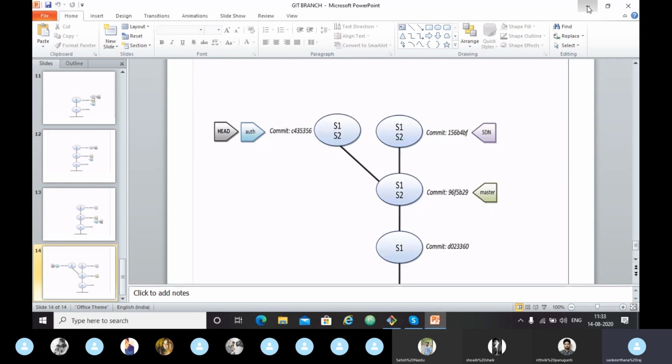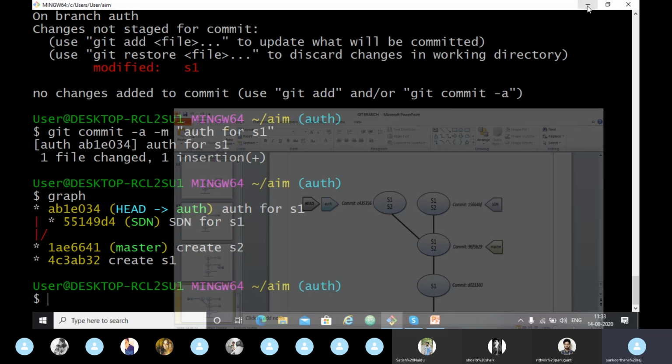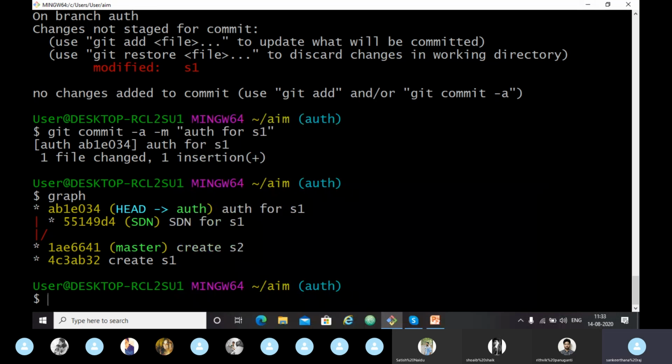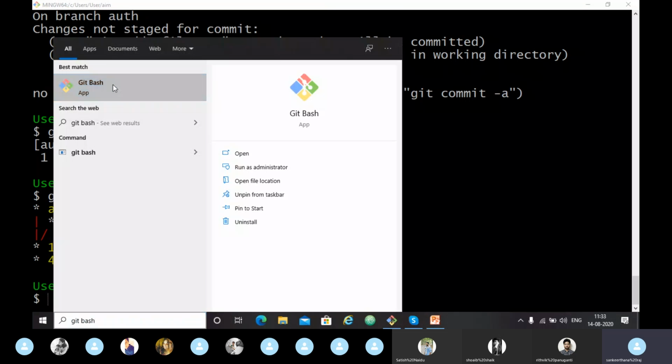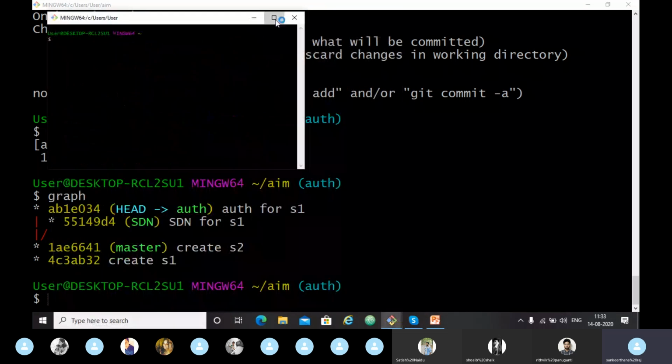So let's see the commands again if you want. Opening git bash. Let's create another directory.